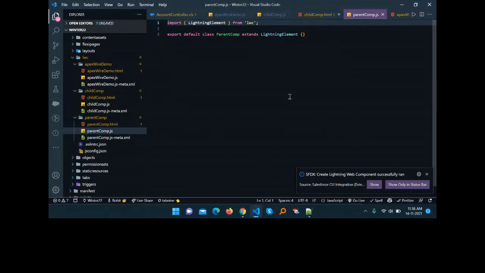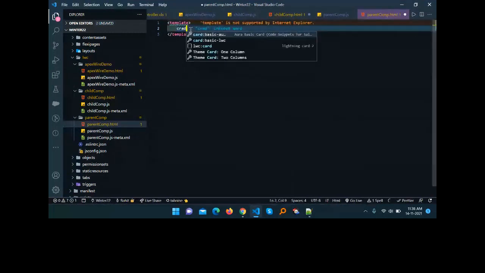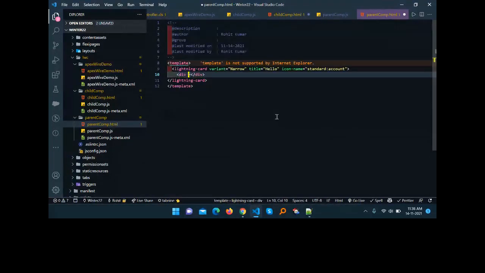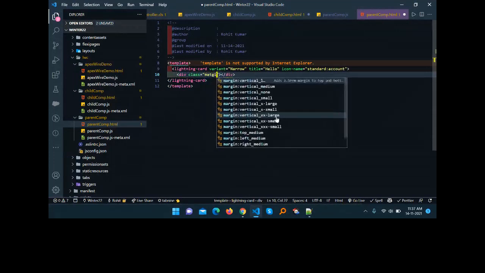So I want to give some dependency from one component to another component. To do that, let me add some markup here like card. Okay, and just remove all this from here to here. And under this card, let me add some div. Let me add some class like margin around medium.